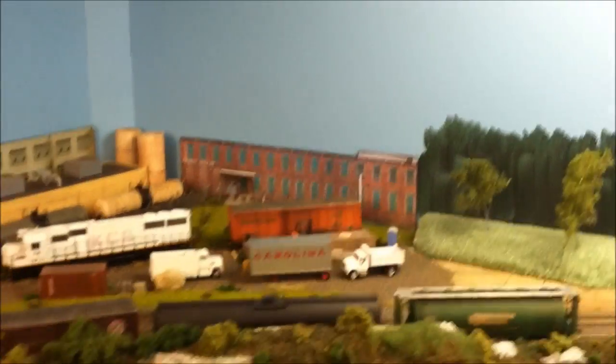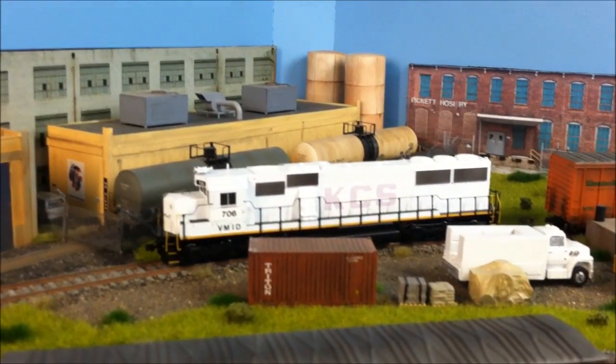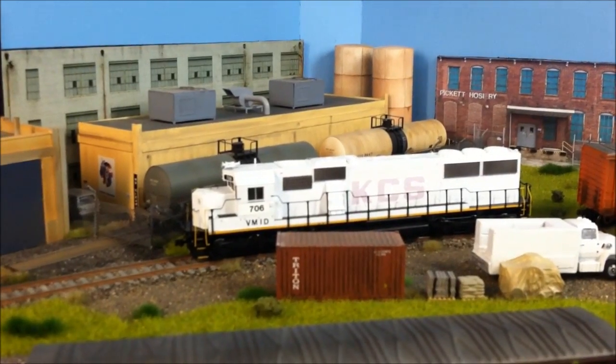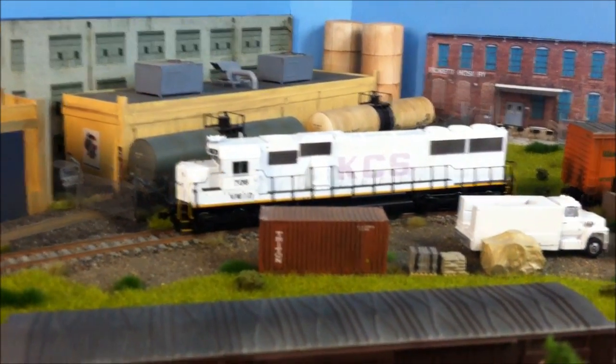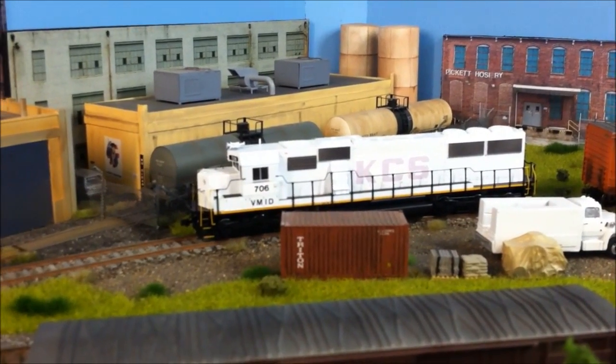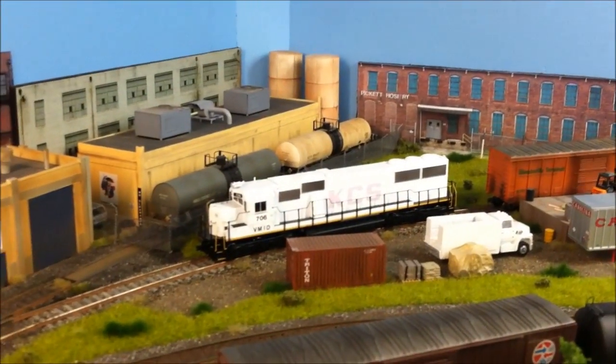Alright, last two things I want to cover on the upper deck here. Here's my new power for the Midland. As you can see, it's an ex-Kansas City Southern SD50. It's a Proto 2000. I put in a Tsunami and a keep alive in there. That sucker runs like a champ. It weighs a ton. I got it off of one of the Yahoo sites pretty cheap, and I had to